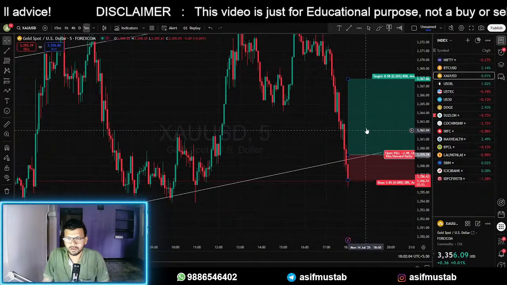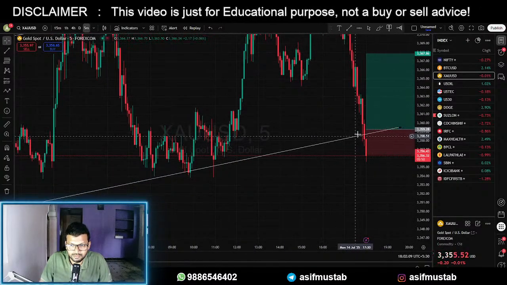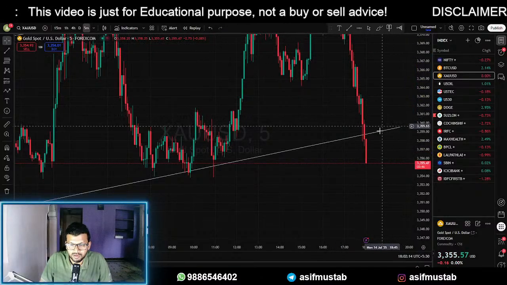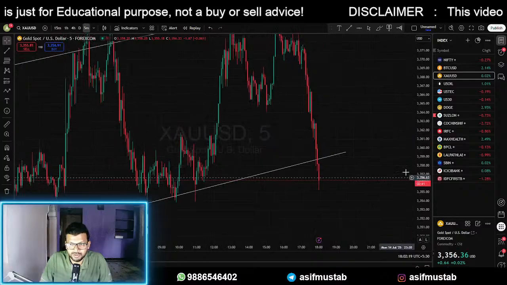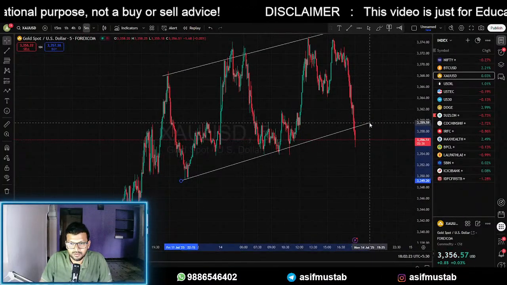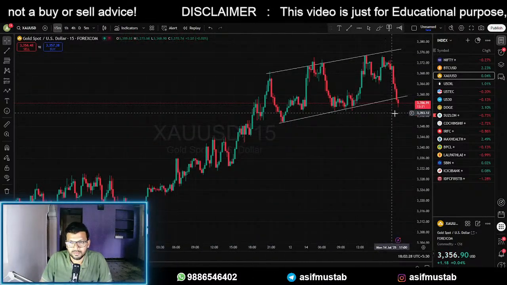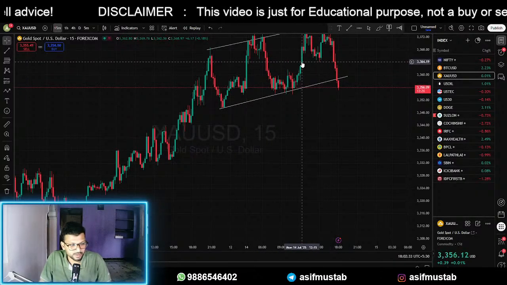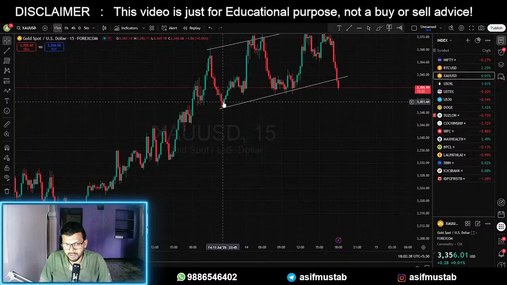We have not punched the gold yet, but in gold, we have not seen any bullish candle here, so we are going to ignore this trade. We would have taken the trade only if there was a bullish confirmation. As you can see, gold is breaking below the trend line, but there is no selling opportunity here because we can expect a reversal from this bottom anywhere.